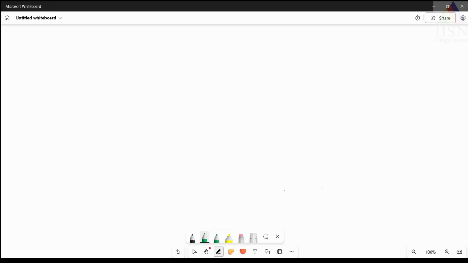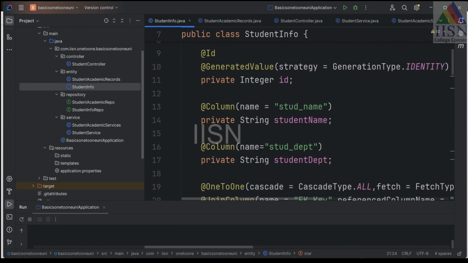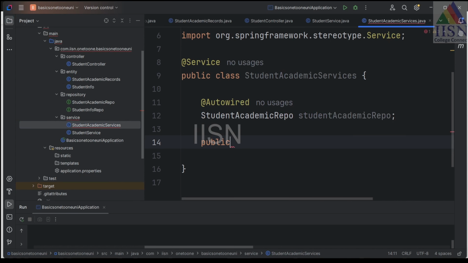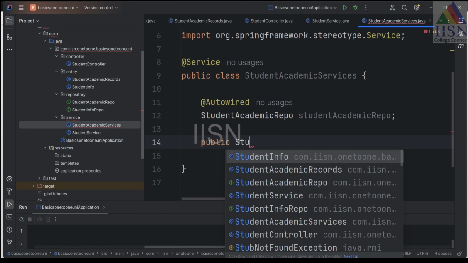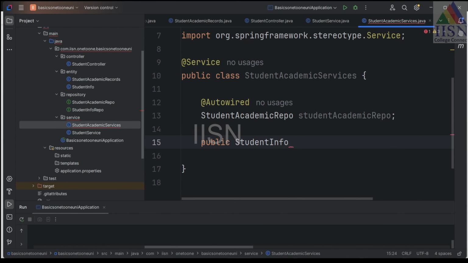So the return type is StudentInfo. Return type is StudentInfo. Here I'm going to get student details by